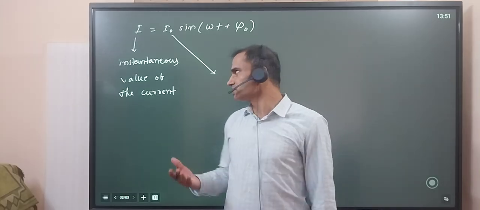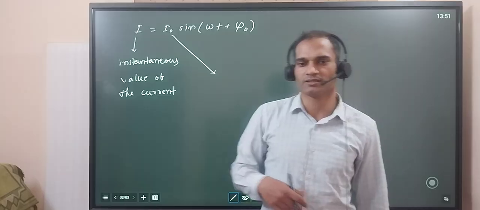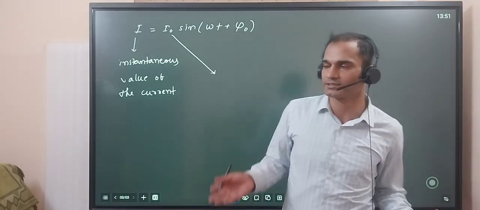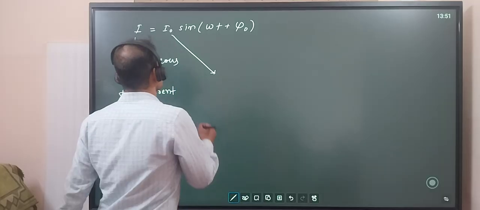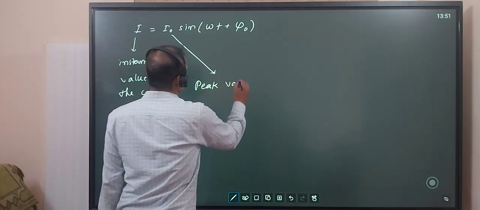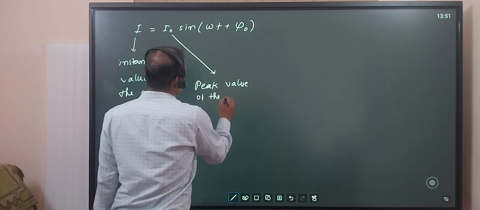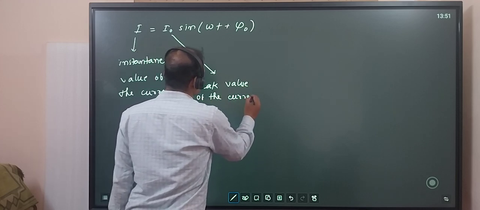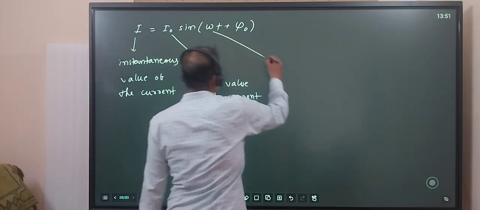Positive I naught or negative I naught, it is just the difference of direction. So this is the peak value of the current, peak value of the current, and this omega